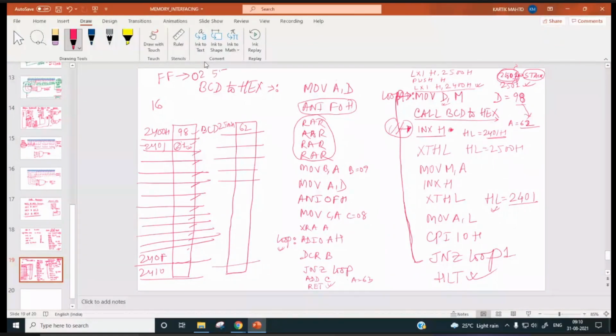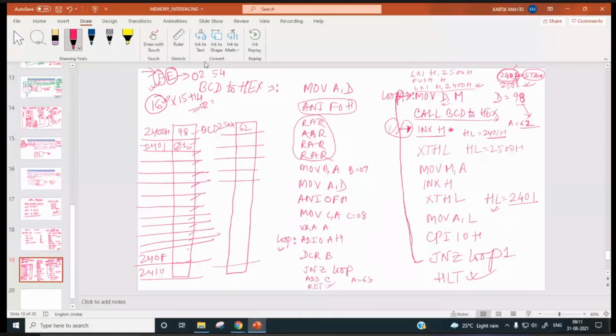So now you have to add this many times. Suppose it is FE, so this will be 254, right? So 15 times you have to add 16, plus you have to add 0E. 0E is how much? It is 14, no? Then you will get 254.